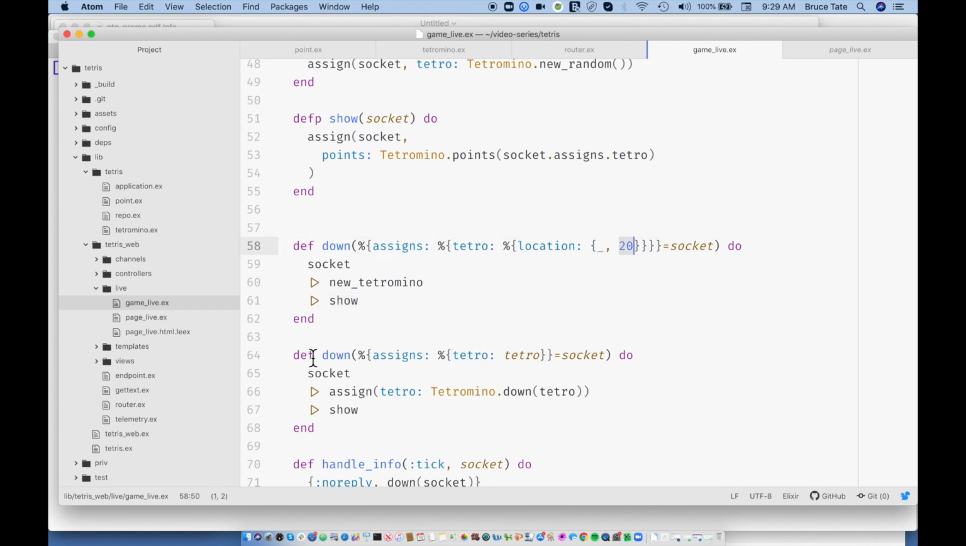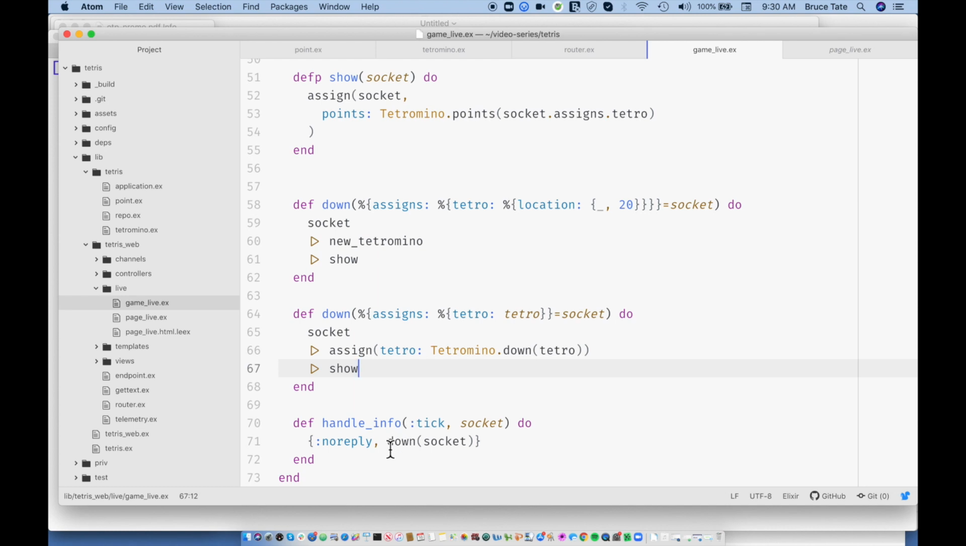In this case, if this is not true, I'm going to pick up the second clause, which is going to take the socket and move the tetromino down and call the show. So what I don't like is that this is at a different level of abstraction. Essentially we start with a socket and then we have a low level function and then we have a high level function right here. So maybe what we want to do is do this move here